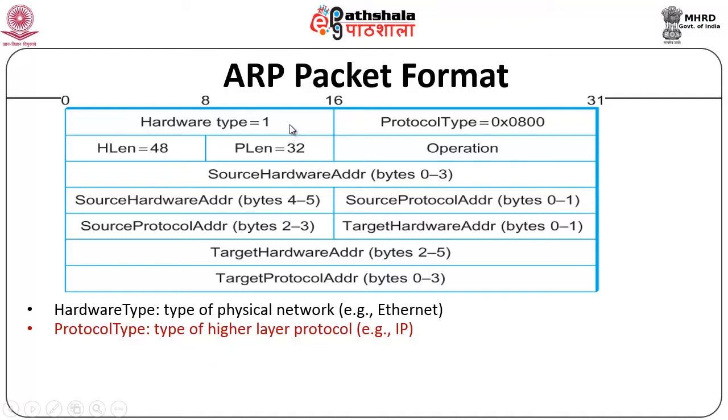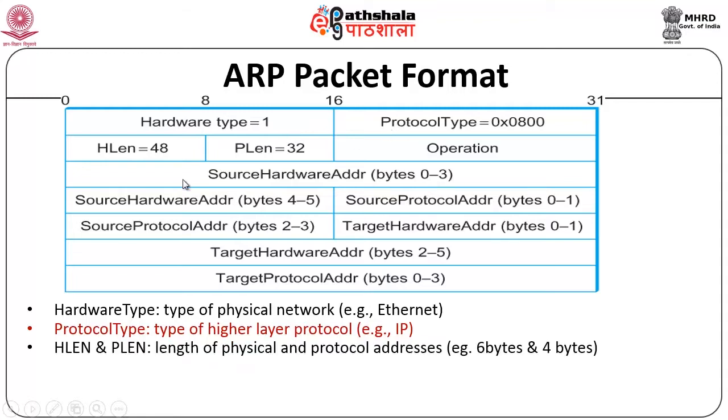So you have a hardware type and protocol type specified. Now depending on the hardware type and protocol type, the length of the hardware address field and the protocol address field may be different. The protocol address, remember, is your logical address, and the hardware address is your physical address. So the length of this address itself could be different. For instance, in IP your protocol address is 32 bits, whereas Ethernet is 48 bits. So that will have to be specified. Then you have fields which specify the source hardware address, here 6 bytes, and the source protocol address, 4 bytes. Similarly, target hardware address and target protocol address. These are 4 pieces of information that are really important.